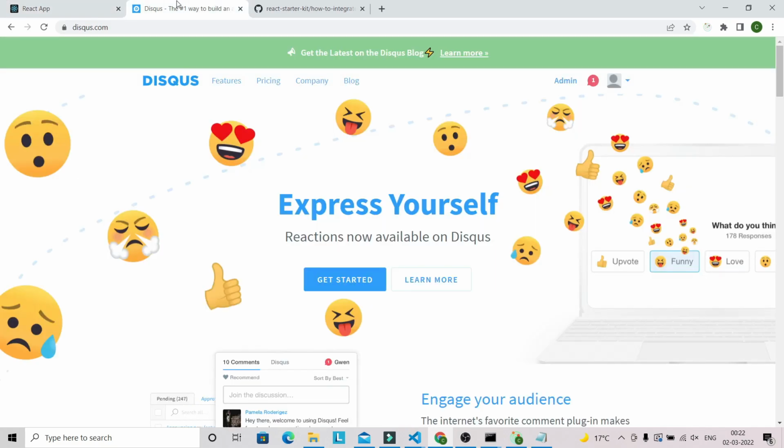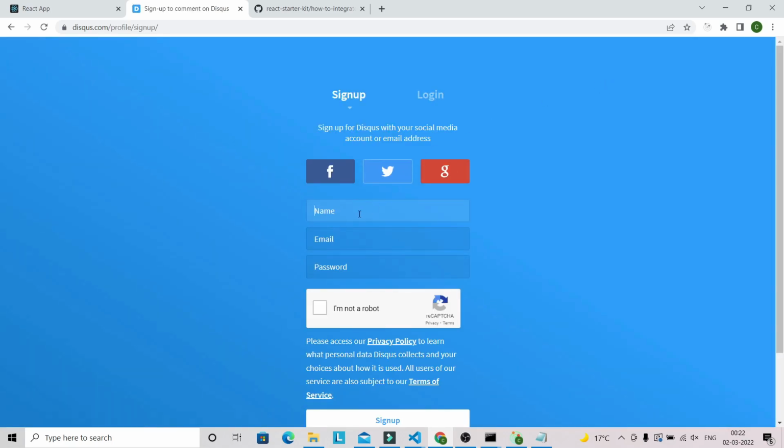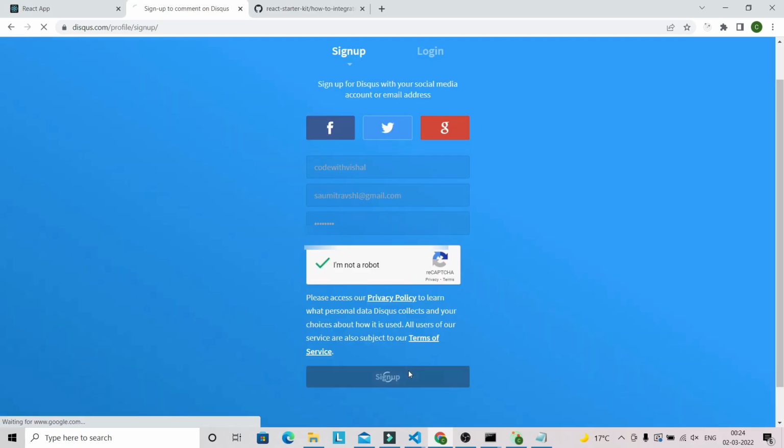So for integrating the Disqus comment system in this application, so first we have to go to the official website of Disqus. So to integrate the Disqus, you have to go to this official website and you have to create an account here. So I'm going to create a new account. So let's click on get started and I'm going to give name here like code with Vishal. Okay, I'm going to give your email and I'm going to give a password. Let's click on sign up